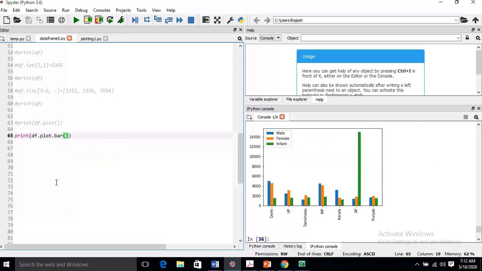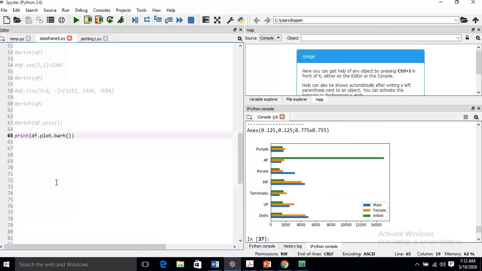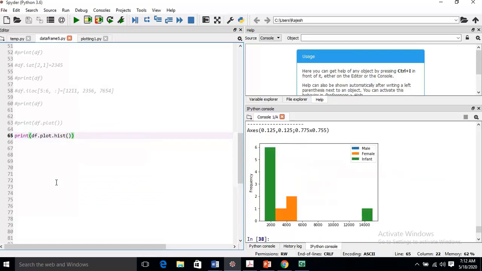Now if you require the horizontal, simply put here H. This is the horizontal. Now you need a histogram. If you need a histogram, then plot dot hist. This is the histogram.